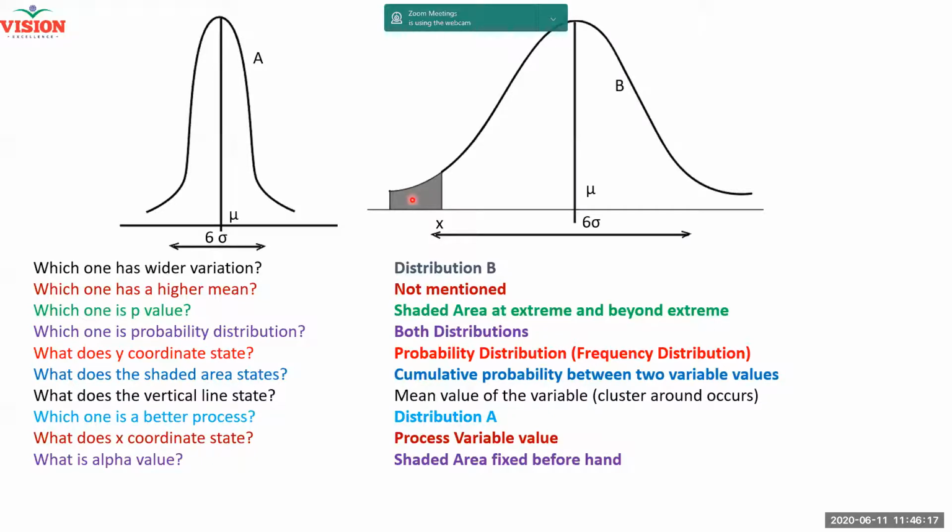Why am I fixing it at 5%? I want the error to be 5%. The significant decision should be 5%. That is why it is called the significance. 5% significance. Understand? Therefore, the p-value and alpha value are one and the same. Alpha value, we are fixing it. P-value, process is fixing it. If p-value is less than alpha, we reject it. If p-value is more than alpha value, then we say that the process is okay.